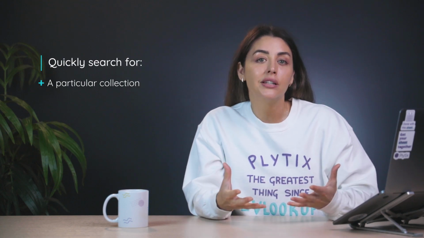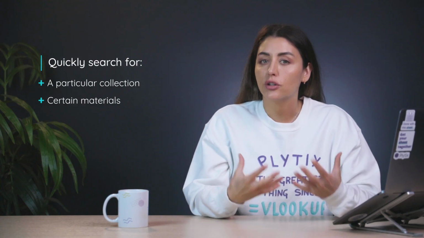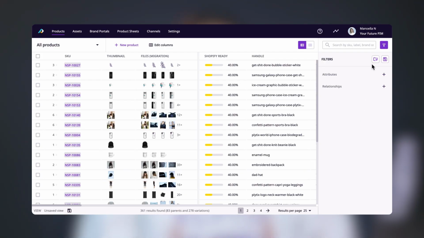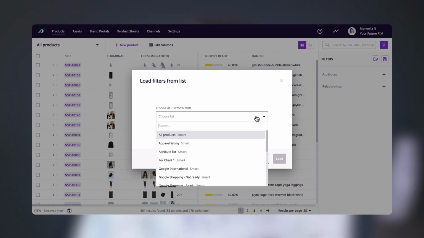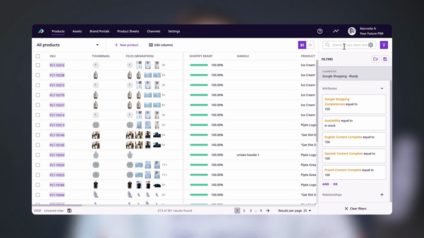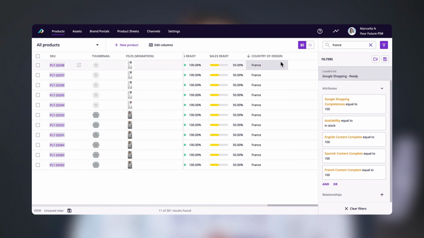Maybe you're selling clothes online and you want to be able to quickly search for a particular collection or clothes made from certain materials or that have certain SEO keywords. You can set up filters and create smart lists for specific searches if you search for those particular terms on a regular basis. But if you'd rather have the option of searching for whatever term you like within that criteria, then this is the way to do that quickly and easily.